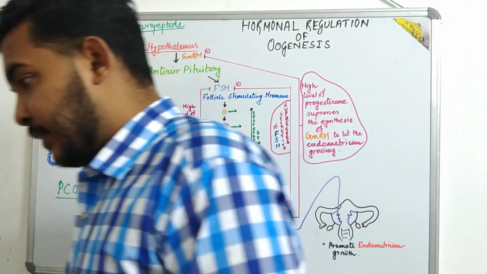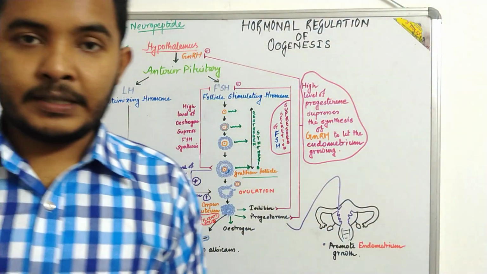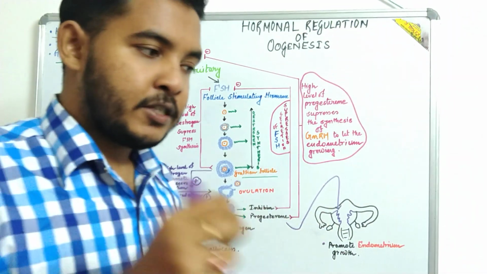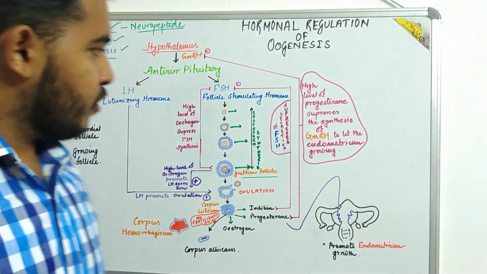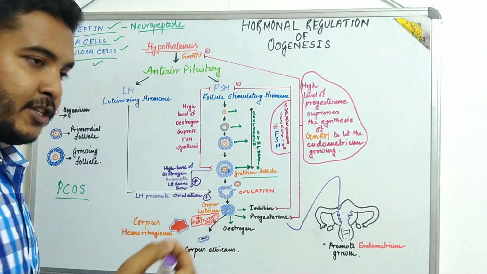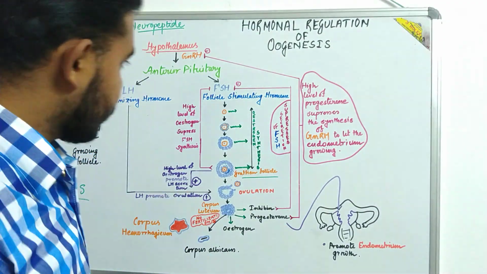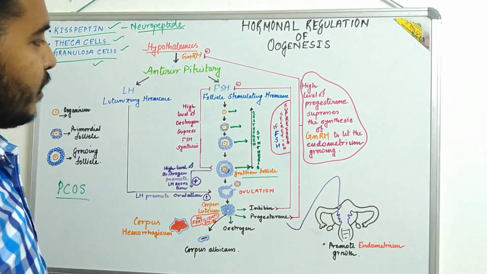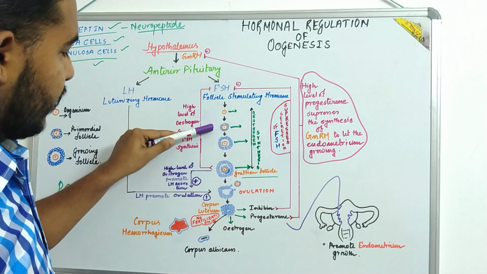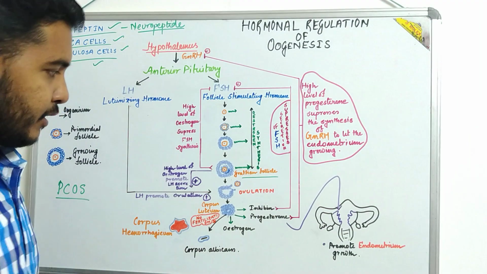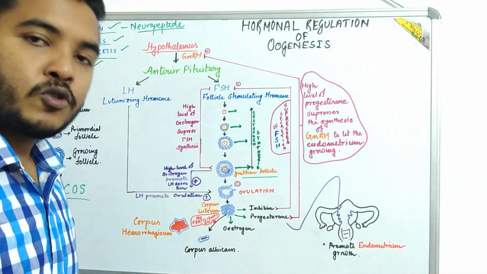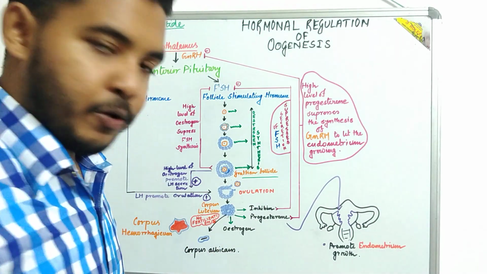What does follicle stimulating hormone do? As the name suggests, it stimulates the follicle to grow. Here in the orange color, the smaller one is an oogonium, a very early stage of a mature follicle. FSH stimulates this oogonium to form a primordial follicle and then a growing follicle, and at last it forms a Graafian follicle, a mature follicle which is supposed to release its ova for reproduction.